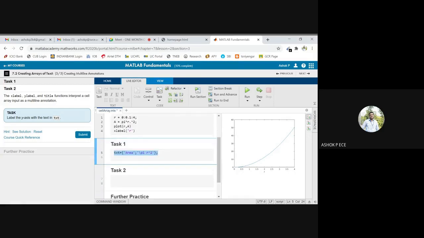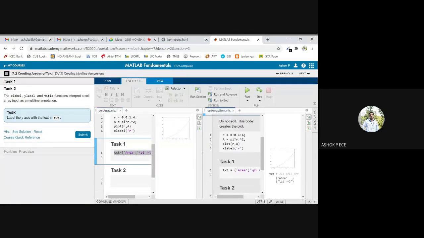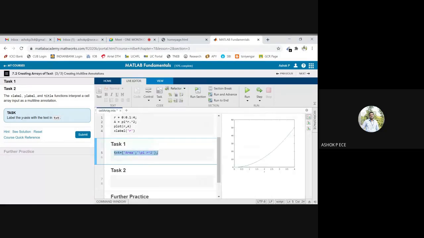So, label the y-axis with text in txt. Okay, what we should do here? See, in the x-axis we already have this r. But in the y-axis we are not having this thing, right? So I'm giving ylabel of